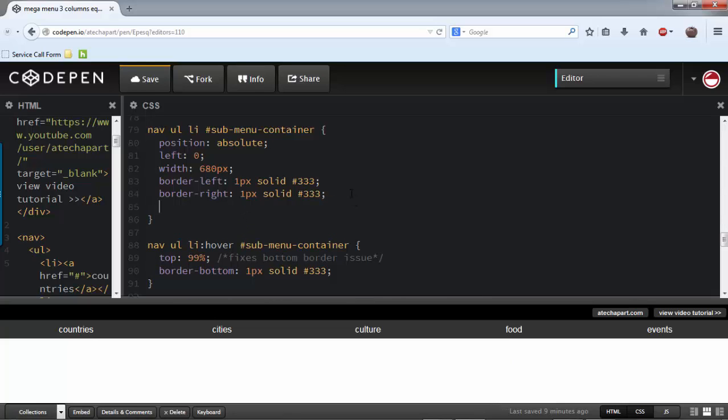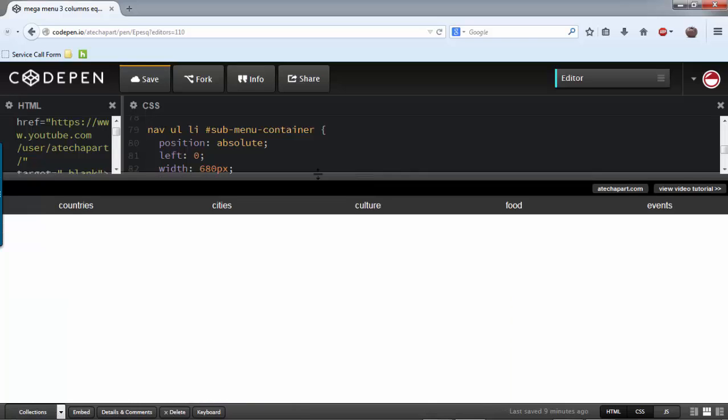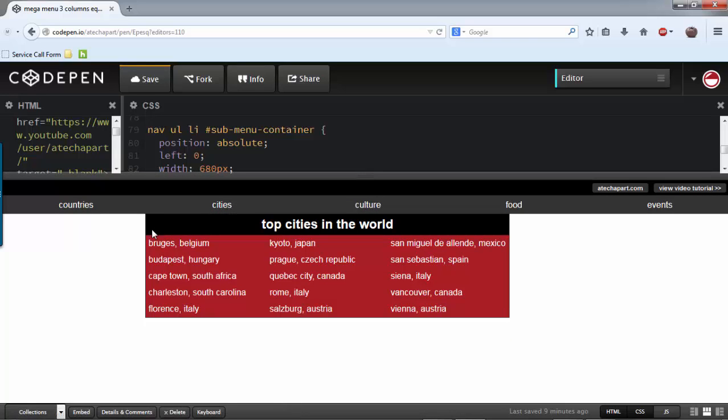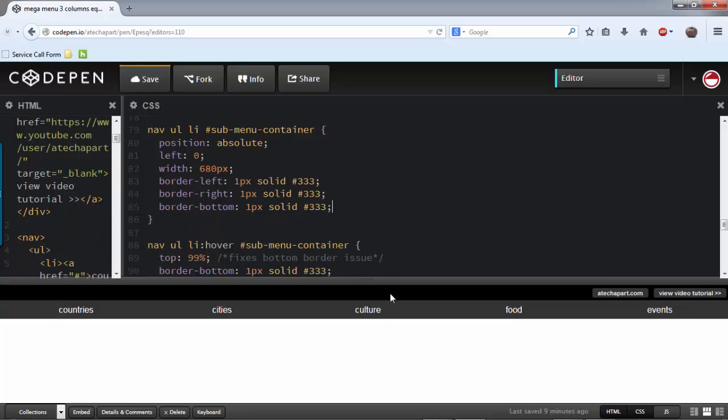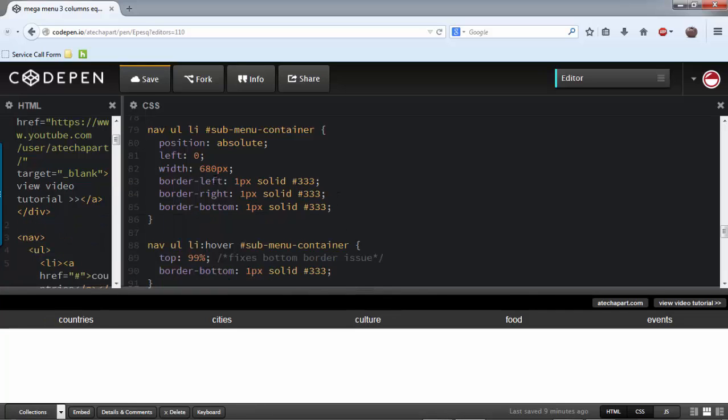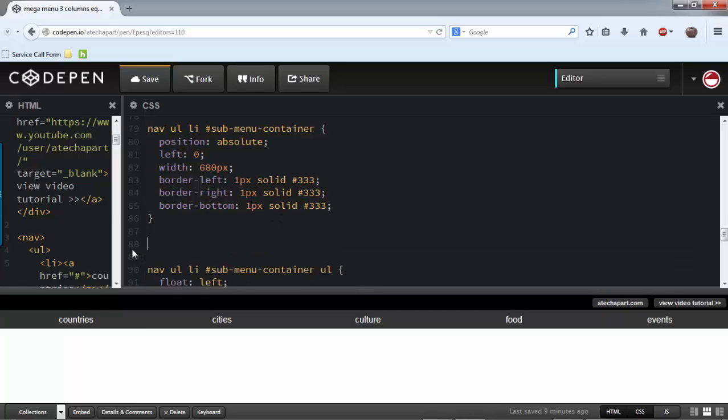But if I add a border bottom here, which you would imagine would work just fine to get this bottom border. Okay, so what we did there is apply a border around the left, bottom, and right of this drop-down menu. You can see it very faintly. It's like a black solid pixel that goes around this box. But when we apply it here along with the other ones for the top, for the left, right, and the bottom, without this chunk of code,